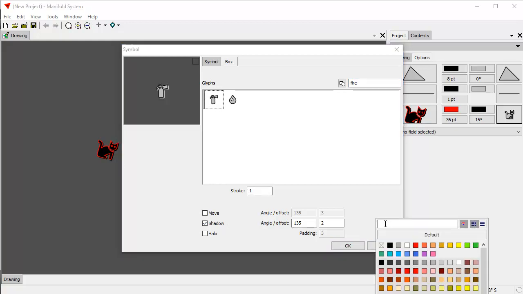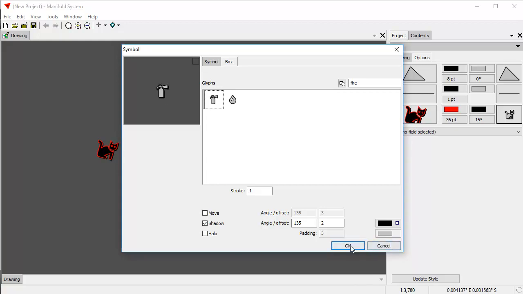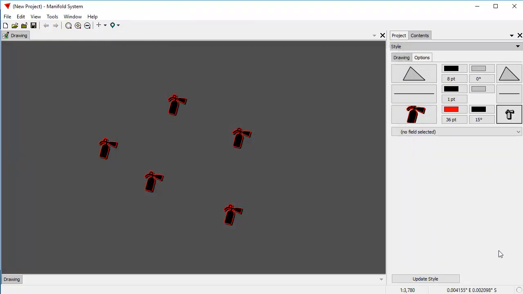And we'll use a black shadow. There, and that's the fire extinguisher. That's similar to what was used in the user manual. Okay,